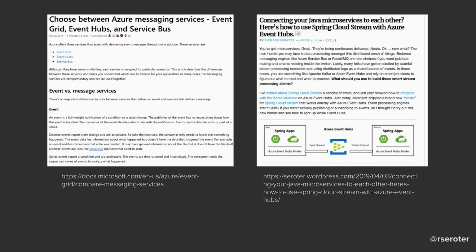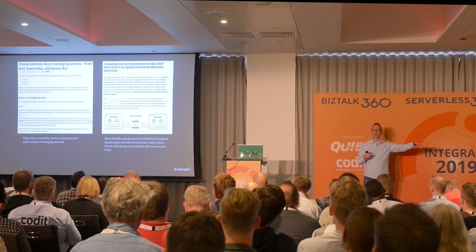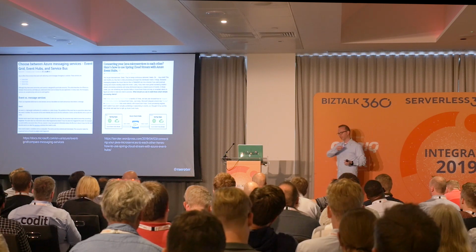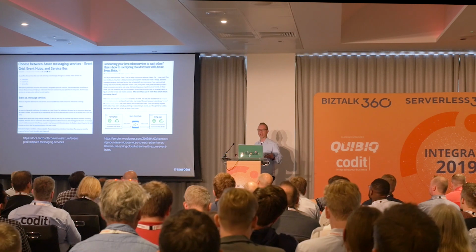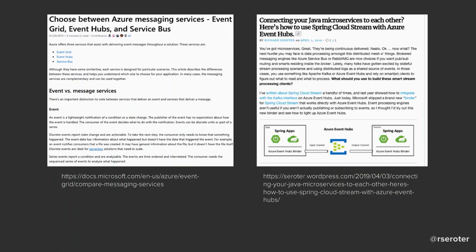And some good things here. There's a great doc on the Microsoft site comparing all of these messaging solutions, because you can't tell a service without a program. There's a lot of stuff going on. And I wrote up something a couple months back on reading from Event Hubs using a Java app. Part of what I was demoing was that replay. I would just have another consumer add a connector later after I'd already sent a bunch of stuff in. And sure enough, it just drains everything out. So there are some neat ways to think about how I access high volume data and then watch it anytime I want. Just very different from a queue, though. It's a different semantic.